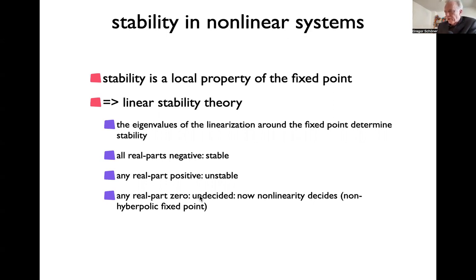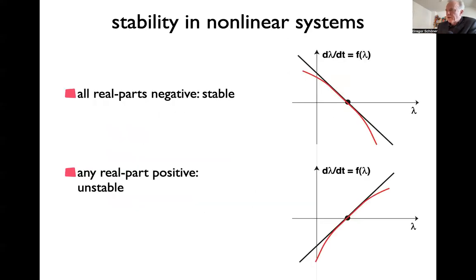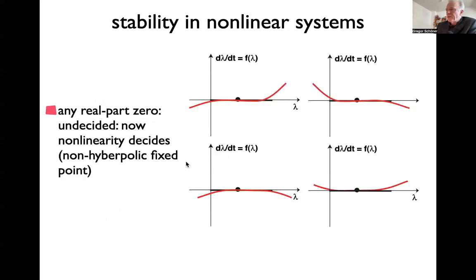These kind of fixed points are called non-hyperbolic, for some reason. So here, to illustrate that, the red line is the nonlinear dynamic system. This is a linear approximation here in black. That will be stable. Here, this will be unstable, right? Very clear. Now, this would be where the linear approximation has 0 slope, right? And you see that all kinds of things can happen. This would be a case where, again, I plotted this by hand, this is supposed to be asymptotical here. So this would be a case where it would be unstable, right? Because it's supposed to be positive here on the right. So it